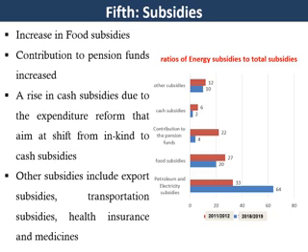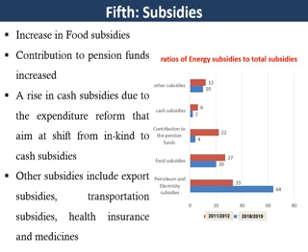Well, if we look at other types of government subsidies, we can see that we have an increase in the ratio of food subsidies from 20% to 27%, and also an increase in cash subsidies from 2% to 6%. This is considered a part of expenditure reform, and this expenditure reform aims at providing direct cash subsidies to poor and low-income people instead of indirect subsidies to a particular commodity or service, such as subsidies to